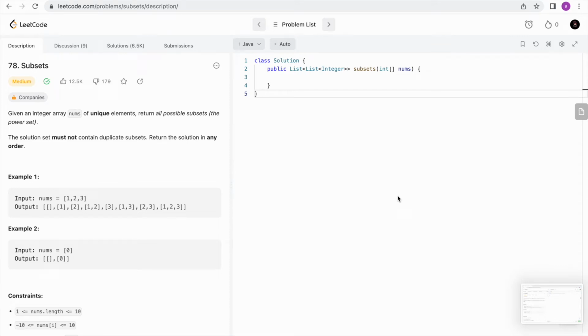हाय गाइस, आज इस वीडियो में हम जो क्वेश्चन सॉल्व करने वाले हैं उसका नाम है सबसेट्स, जो कि लीटकोड पर क्वेश्चन नंबर 78 है। और इस क्वेश्चन में हमको एक एरे गिवन होगा और हमको आउटपुट करना है लिस्ट ऑफ लिस्ट्स, वेयर ईच लिस्ट वुड बी सबसेट ऑफ द गिवन एरे। सो लेट्स ट्राई टू इम्प्लीमेंट द सॉल्यूशन।